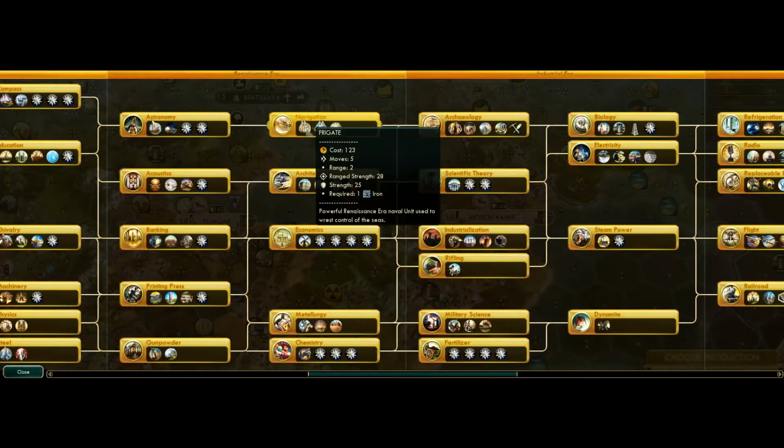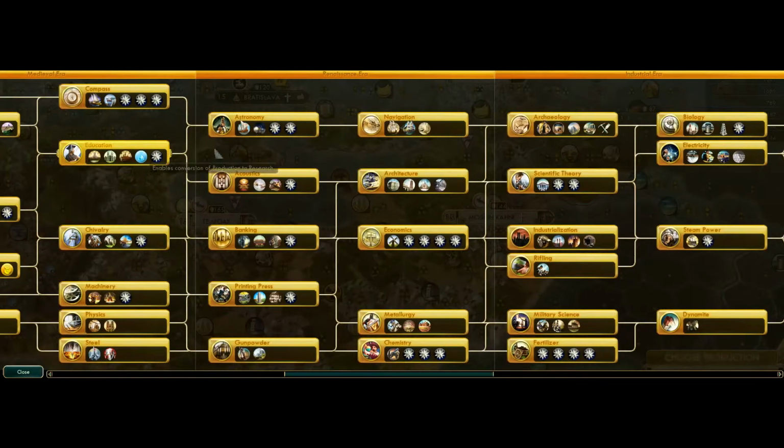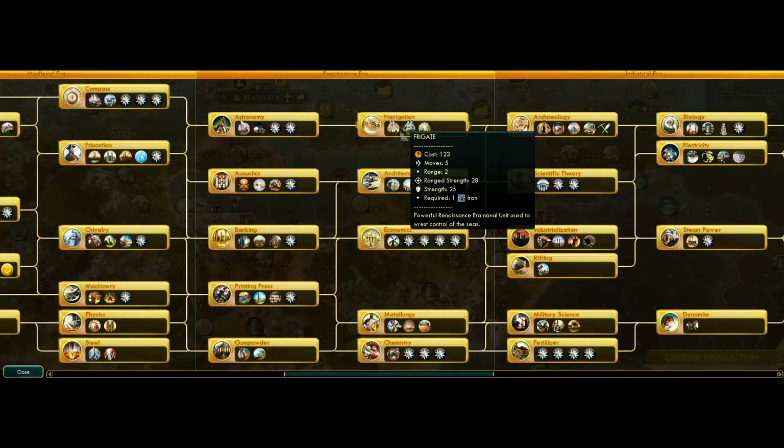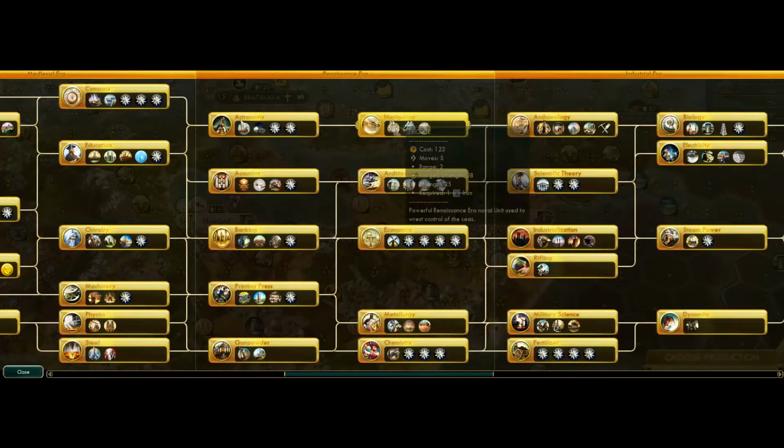But frigates can also enter deep ocean like Caravels and unlike Galeas. I think they have 4. They have 5 moves, so that's actually more than a Caravel. They just have less sight. But you need iron to build them, so you can't get, I've done this plenty of times, you can't get